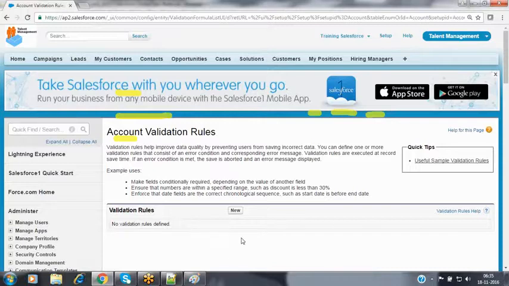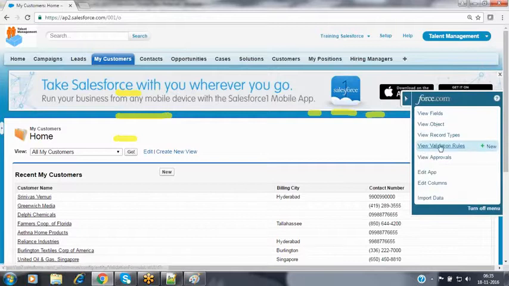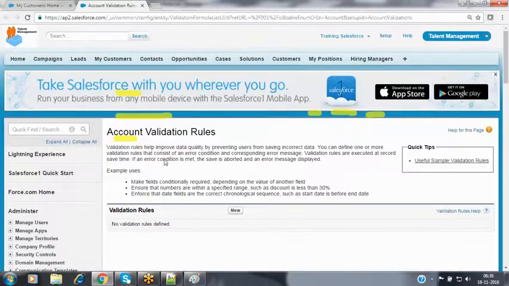If you have created any validation rules as of now, all those validation rules will be listed out to you over here. If you don't have anything, then we can create a new one by using the New button. Now, the second navigation is the first.com quick access menu. Click on the object tab, expand the first.com quick access menu, and click on the View Validation Rules link. It provides all the validation rules which you have created in the past. If nothing is there, the list is empty so that we can create one or more validation rules on these object fields.